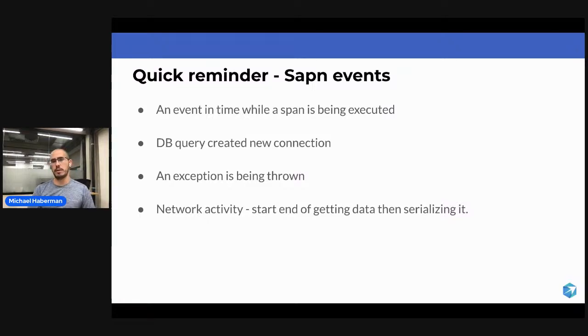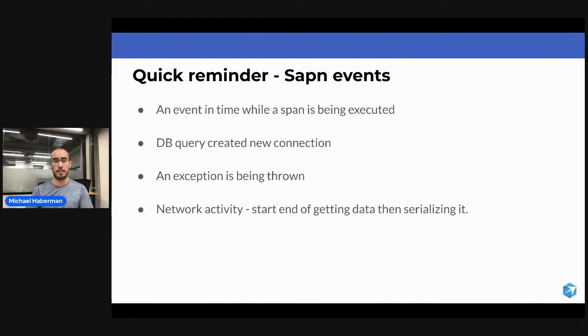And when I say within a span, so a span, what the name suggests that it's going to span over time. It has a start point and it has an end point. So the span event happened somewhere between the start and the end, and it is meaningful when it happened. Unlike span attribute, where you don't know when this data came from,